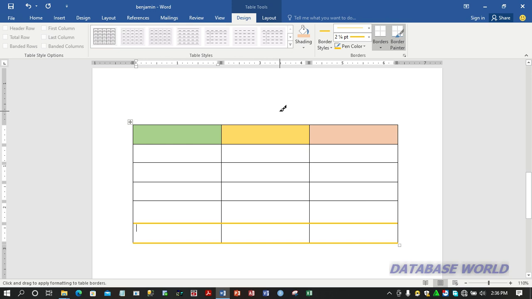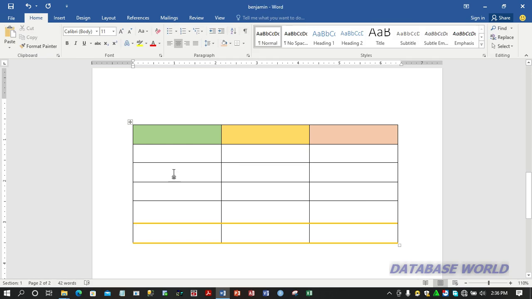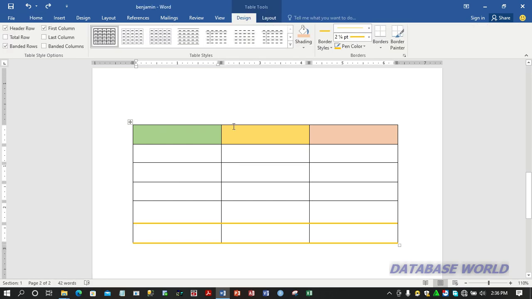format painter, right? That is the brush. So that's how we do it. So you double click on an empty space outside the table and then it will deactivate it. Now the next one that we want to look at is how to add up